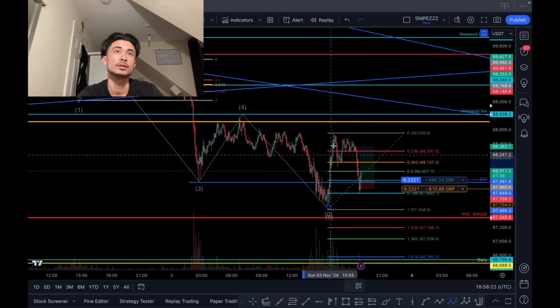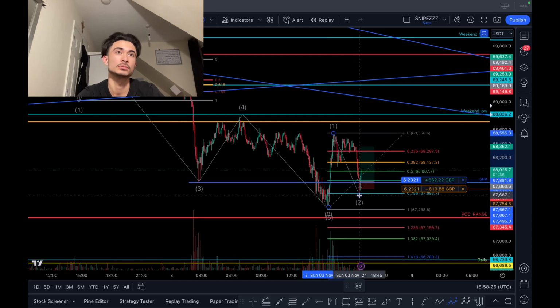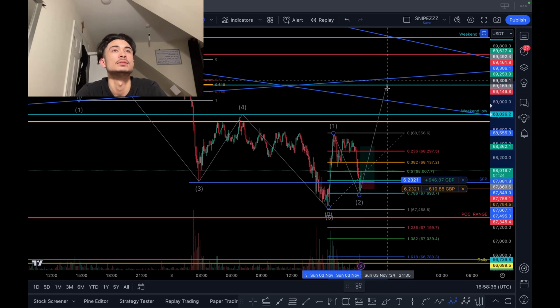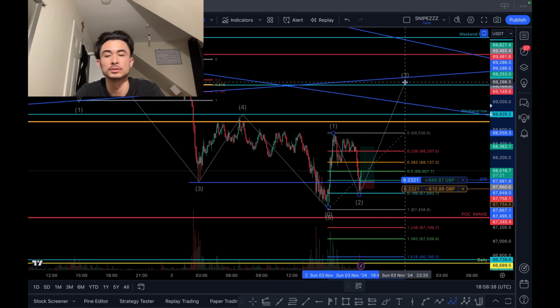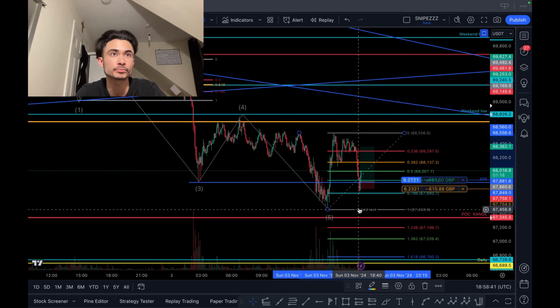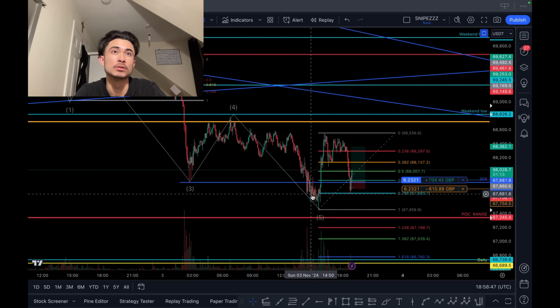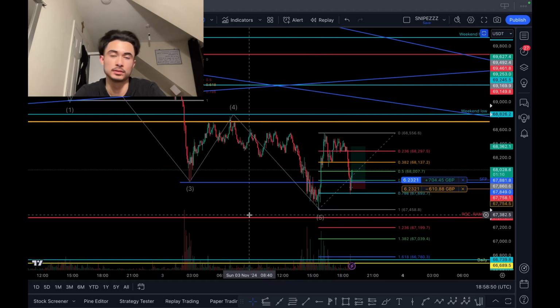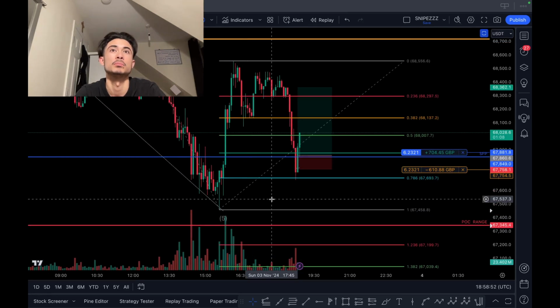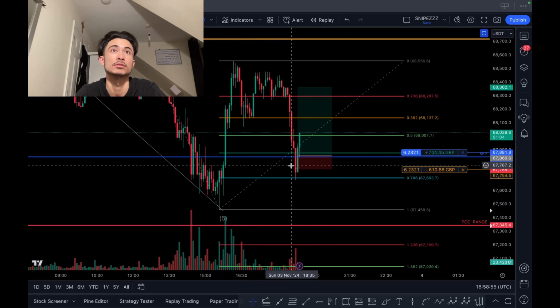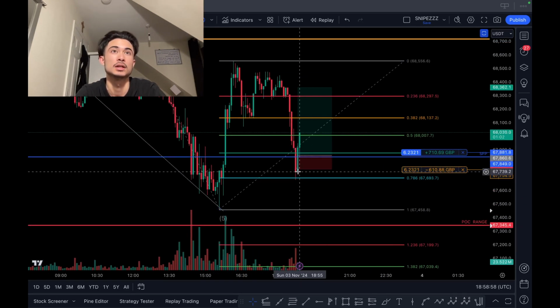We got the wave 1, sharp correction down to the 786, which I missed just now. That's the trade I missed, so I'm not going to be trading until I hit that, unless we hit that POC range. This could be the third wave, come as high as, it's all speculation at that point, but all in all, SFP from this line, fifth wave ending, them two confluences, plus this retracement healthy bounce off of this 786. I should have entered here.